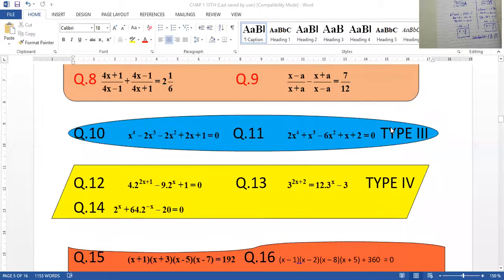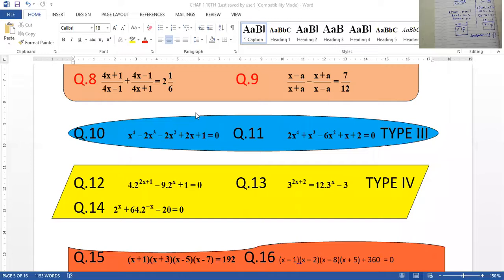Now we are moving towards type number 3, and this is question number 10 and 11. They are similar sorts of questions. First, let me introduce which type of questions they are. It contains a very important definition as well. From chapter number 1, there are few definitions, but those are very important and appear as part of short questions. So let me tell you where the definition is written, and you have to use your textbook there.